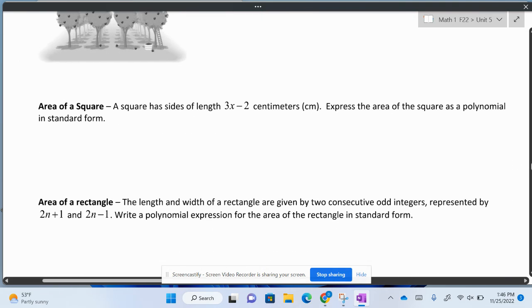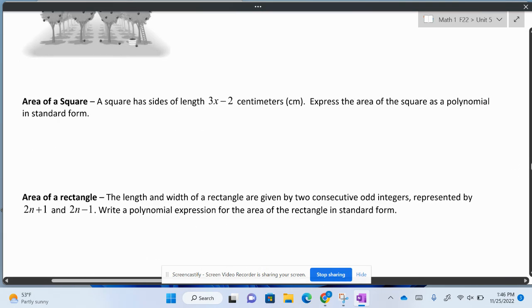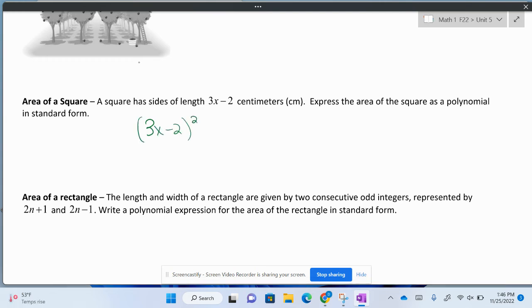All right. Area of a square. A square has a side length of 3x minus 2 centimeters. If I want to know the area, remember that the area of a square is just the side squared. So I'm going to take this binomial and I'm going to square it, which means taking 3x minus 2 times